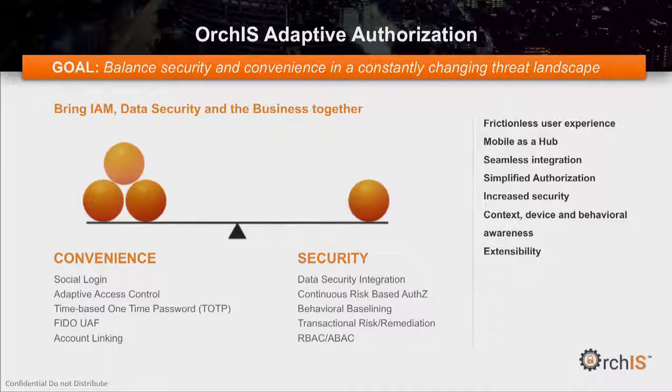As part of that, we've got convenience. So bringing social login, adaptive access control, time-based OTPs, FIDO UAF that are easy and frictionless ways for the customer to get engaged, as well as security, making sure obviously we're meeting both our GRC requirements and protecting million, billion-dollar transactions. And then most importantly, on the business side, is bringing a frictionless user experience. I don't want to impact the user experience unless I absolutely have to,